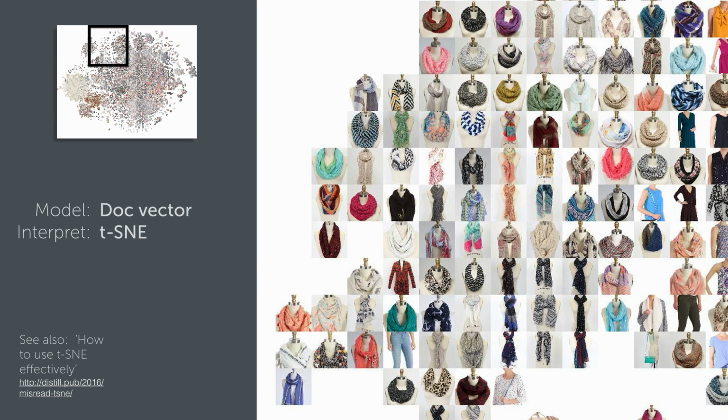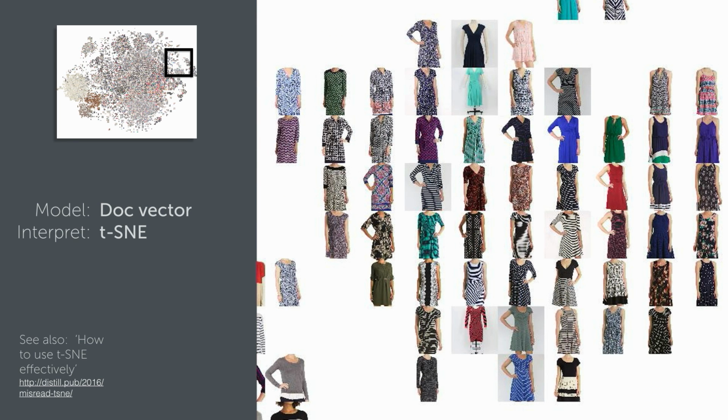Anyway, let's look at a patch of space. Here's one that's devoted to just scarves. Here's another that's just jewelry. And you can see this thin, dangly jewelry on the lower left, and it's going to pendants and statement pieces up towards the top. Here's another piece where it has summer dresses, maybe color blocks towards the upper right.